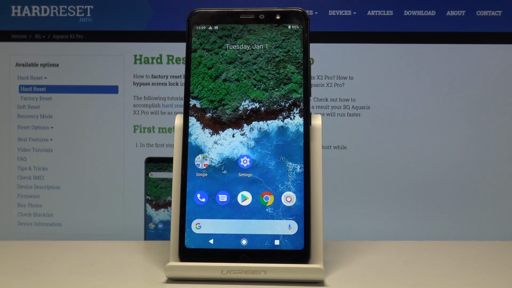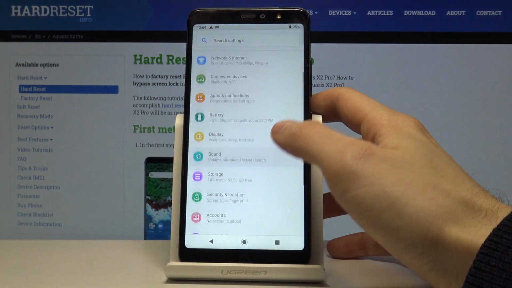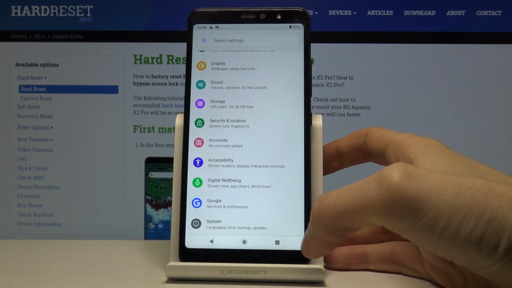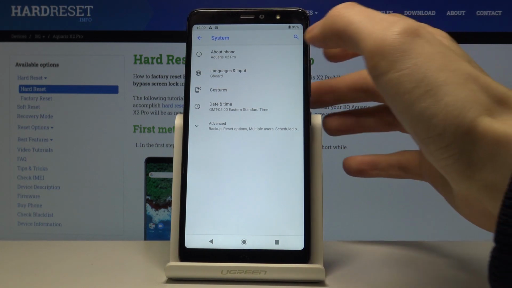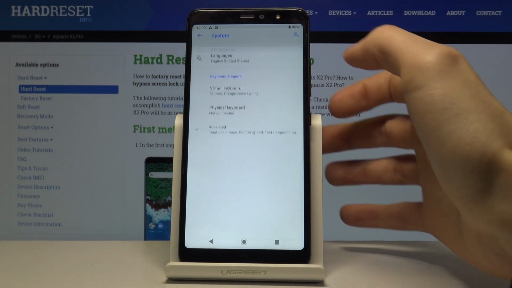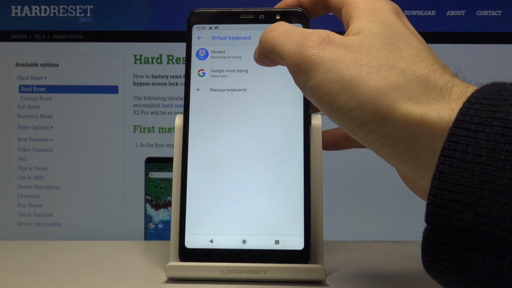Here I have BQ Aquaris X2 Pro, and today I'm going to show you how to change keyboard language on this device. So you have to go to the settings, scroll down, tap on system, go to the system language. Next you have to go to the language and input, virtual keyboard, Gboard,